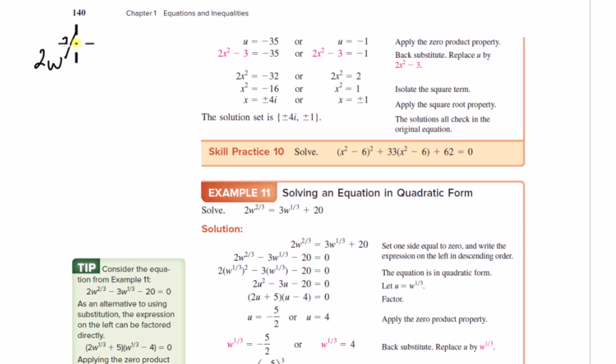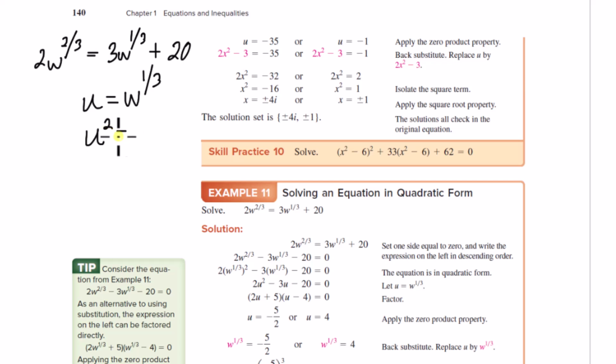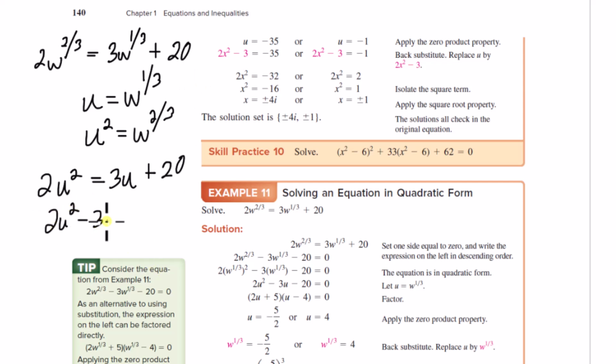2w to the 2/3 is equal to 3w to the 1/3 plus 20. Okay, here we can see a pattern in that if we said that u was equal to w to the 1/3, then u squared is going to be equal to w to the 2/3. So we have 2u squared is equal to 3u plus 20. So 2u squared minus 3u minus 20 is equal to 0, and you can go ahead and solve that, and you get 2 values of u,